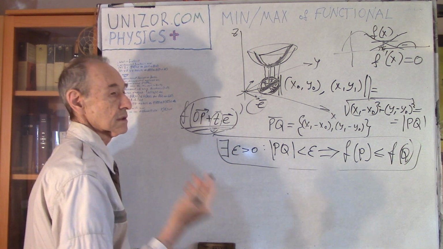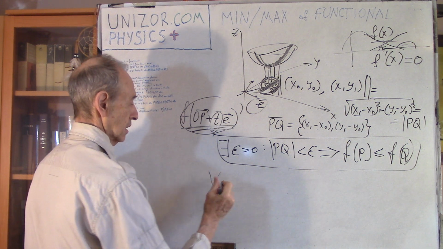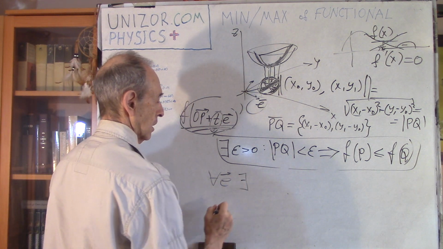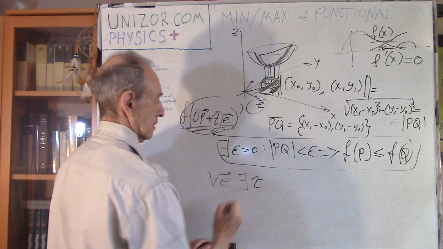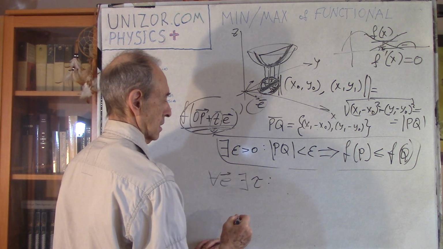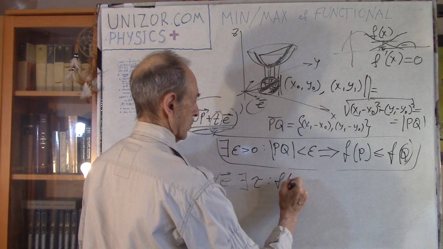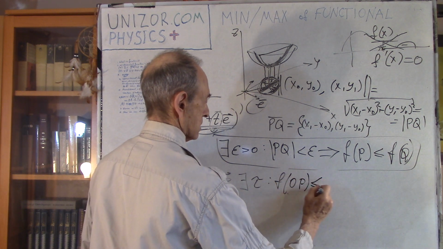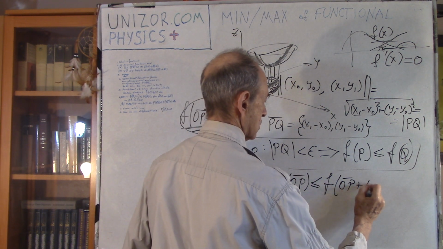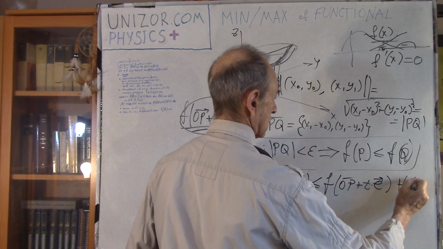This point P should be considered a minimum of a multidimensional function if for any directional vector E, there exists some tau, a small neighborhood, such that f of OP is less than or equal to f of vector OP plus t times E for any t